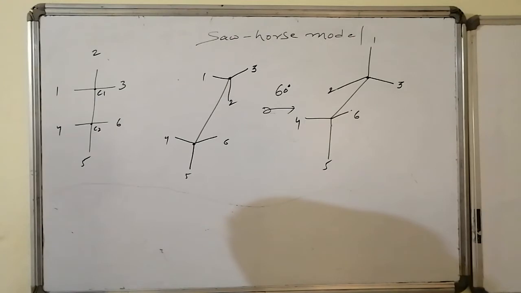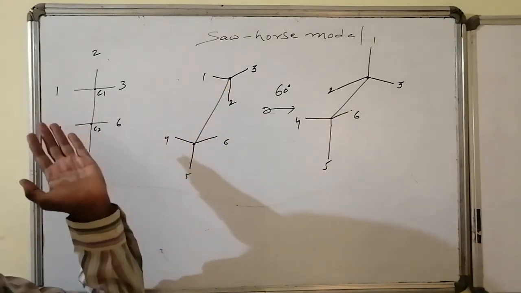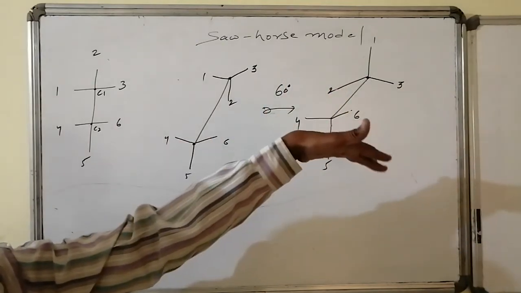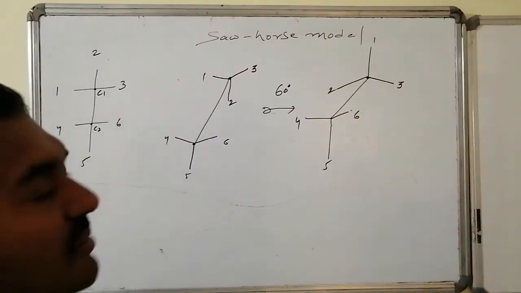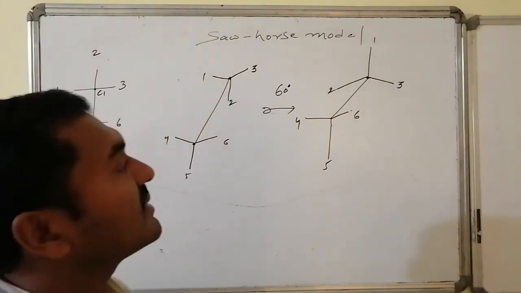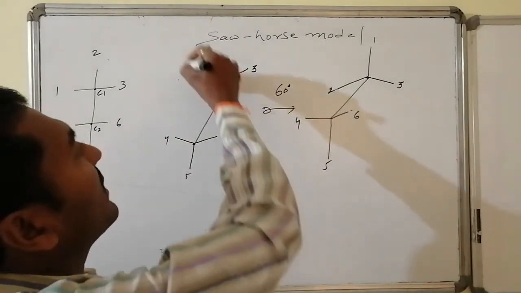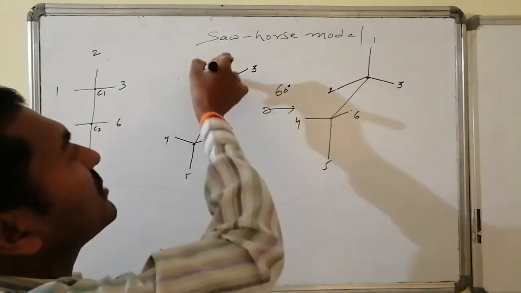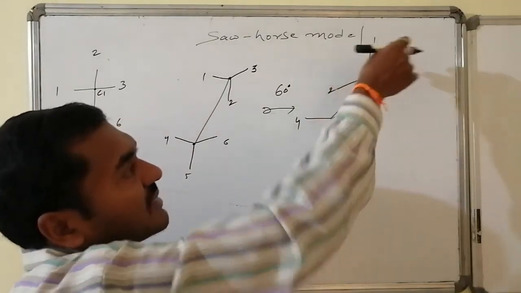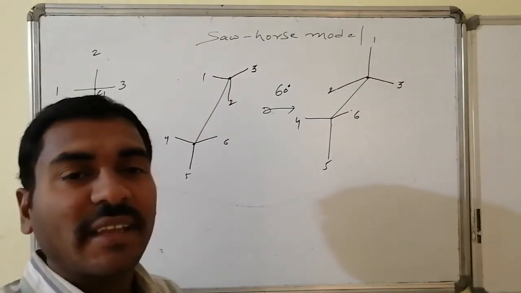Thus here two varieties of things are possible. The minimum angle of separation between the valences is 0 degrees, and another angle of separation between the valences is 60 degrees. Thus I can apply the Fischer rule for this. I can get different varieties of things. I can apply the Fischer rules for the second model. I can get different varieties of structures, and this is the Sawhorse presentation. After application of the Fischer rule, 1 changes to 3, 3 changes to 2, 2 changes to 1. Similarly here also, in clockwise direction, in anti-clockwise direction I can change.